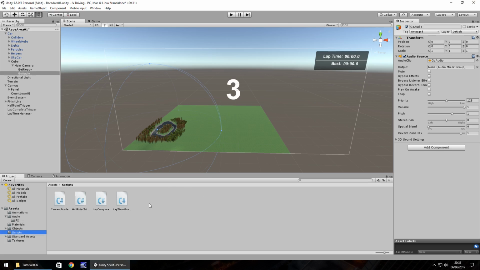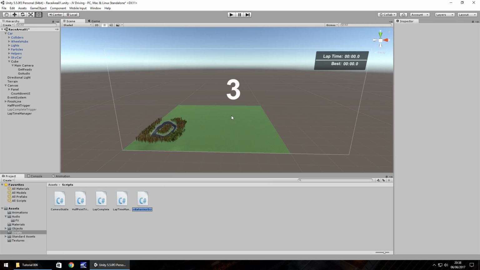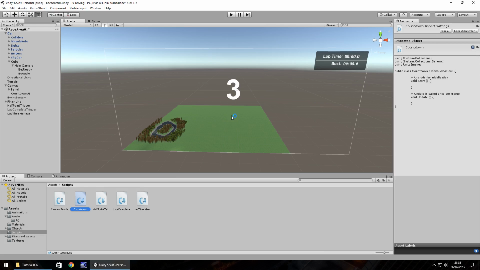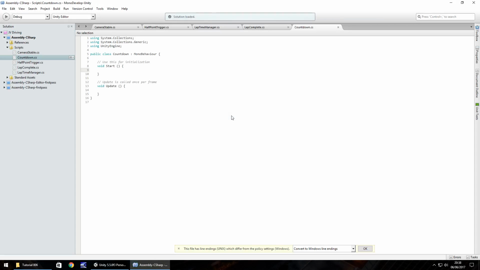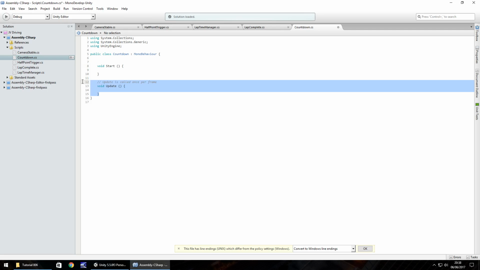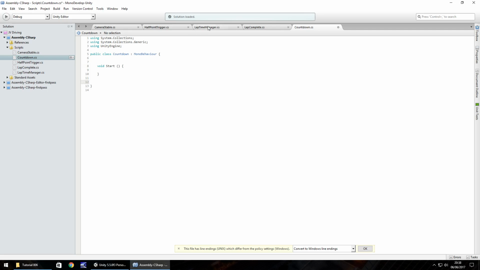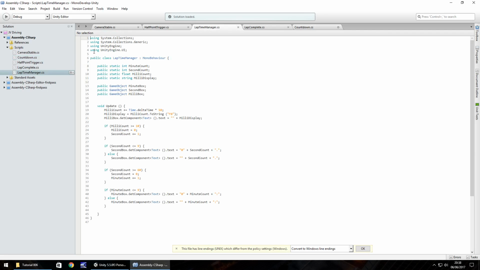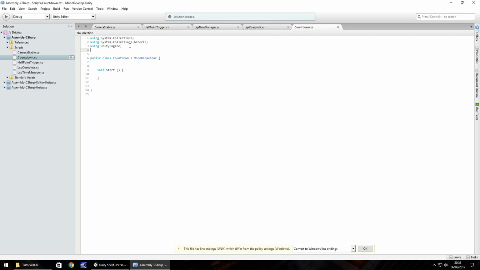In the scripts folder, let's right click, create C#, and let's call it countdown. Open it up in MonoDevelop or Visual Studio, whichever one you have, and we'll be creating 5 variables, I think. Have I counted that right? Yes, 5. So let's get rid of the note at the top. We don't need that. And let's also get rid of update. We don't need update, do we? We'll be using start. So if we recall, in the last tutorial, we had using UnityEngine.UI. So we're going to need that again in our countdown script. So using UnityEngine.UI,